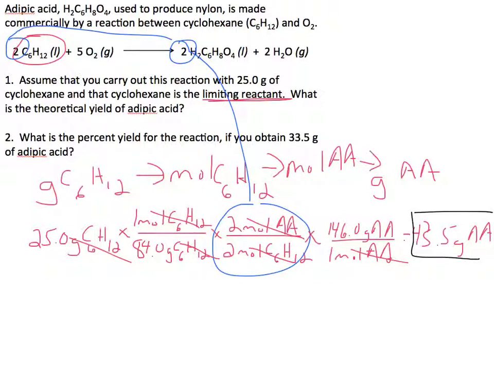Part B asks what is the percent yield. Then it asks for what is the theoretical yield, but we calculated that, right? This is our theoretical yield. Call that TY. We're looking for the percent yield now. Okay, so in part B,